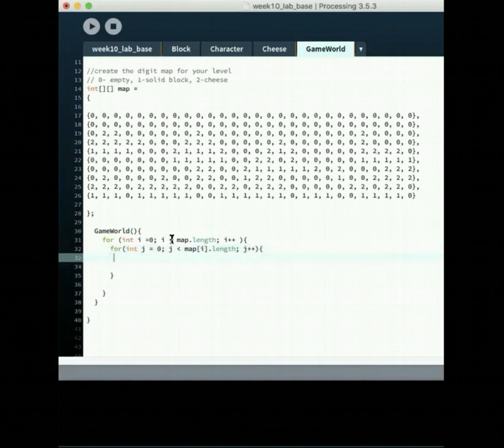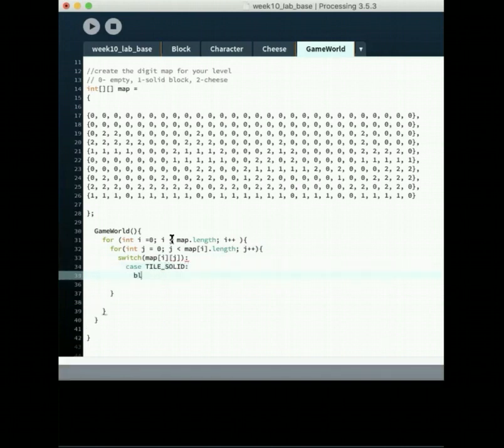And then let's switch on that element. We should go over the array element in your two-dimensional array, map[i][j], and see which type of block it is, right? So if it's case TILE_SOLID,